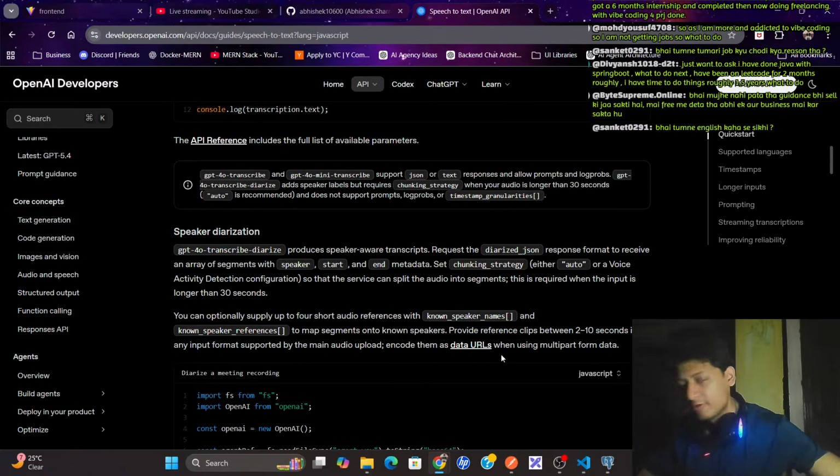Learn React, learn a front end framework, and build full stack projects using Spring Boot as backend and React maybe for front end, and then deploy those projects and build good level projects. And along with that, keep doing DSA. Do it for the next 1.5 years. You are good for a job.